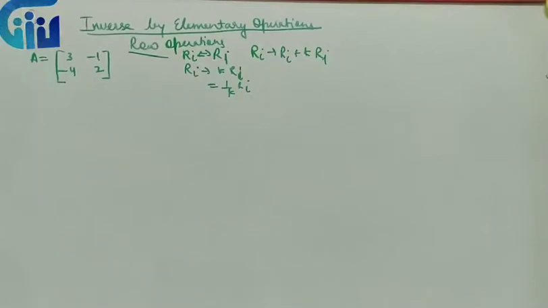Mostly a 4 marker question, or sometimes a 6 marker question, for a 3 by 3 matrix is asked where you have to find the inverse by elementary operations. It is clearly written that you have to find by elementary. So in that case, we cannot apply the formula. If you apply the formula straight away, you will get 0. So everybody has to remember this.